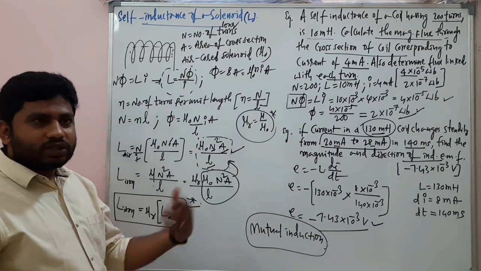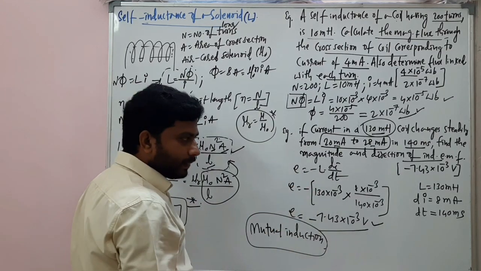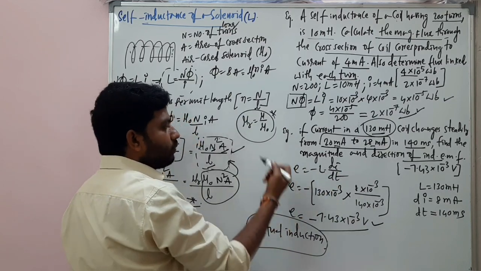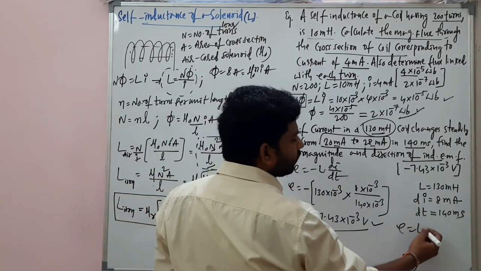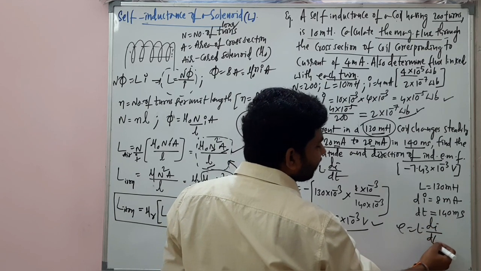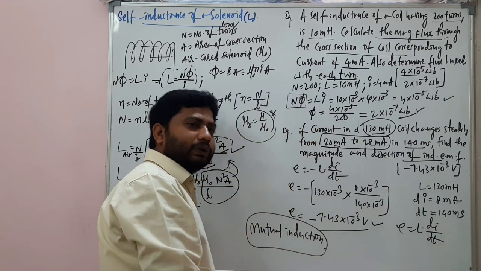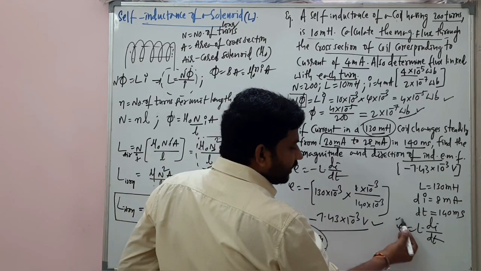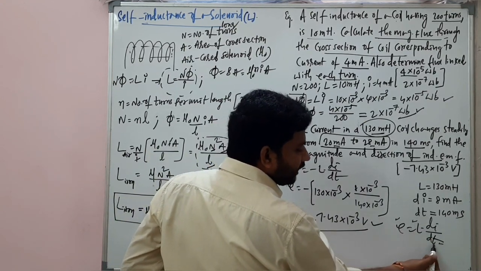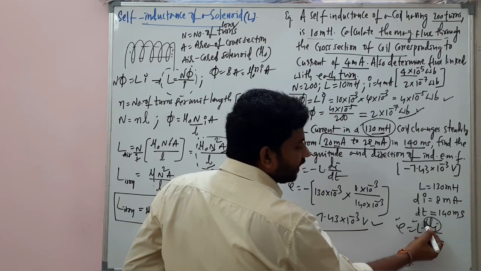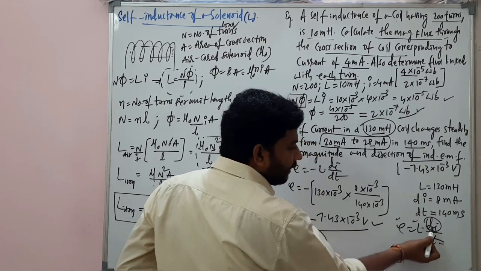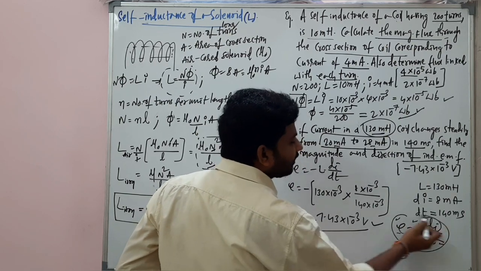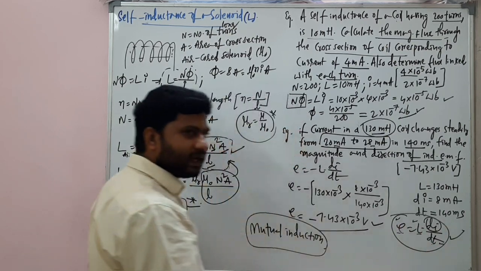Before that, questions can also be asked from this. They may ask to find the direction; this is the negative sign we have taken. Most of the time, E is equal to L into di by dt. From this, a lot of things you can find out. E they will give, L they will give, the change in time they will give, so you need to find di. Or di by dt they give, E they give, and you need to find L. Like this, questions will be asked.